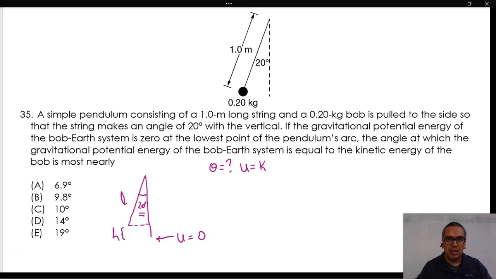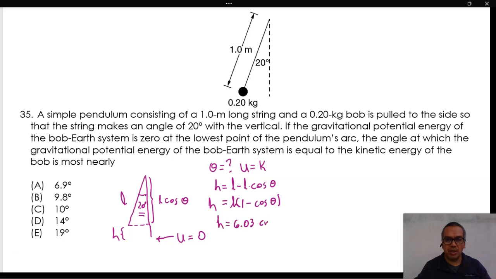In the diagram, the side adjacent to the angle for the indicated right triangle is equal to L times cosine of the angle. Therefore, the height is equal to the difference between the length of the string and the adjacent side, or L times 1 minus cosine of the angle. At the beginning of the motion, this height is equal to